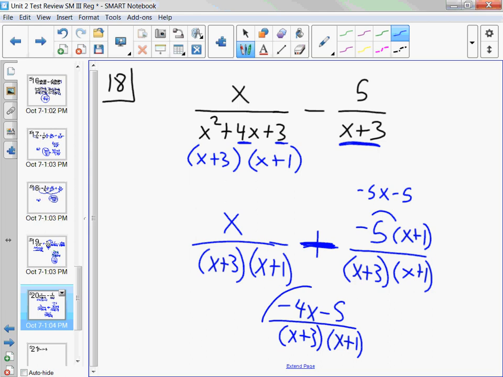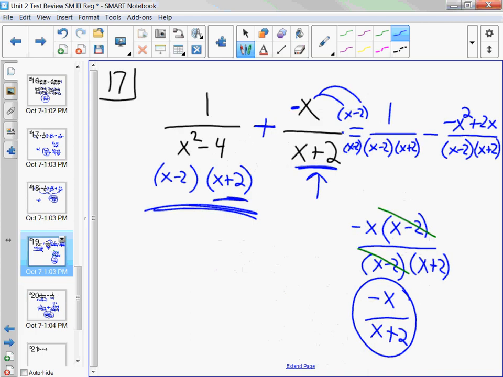You know what? I just got thinking. I might have made a mistake on that last one. I don't think I added the first fraction to it. I'm going to go back and look at that one. Yeah, I did make a mistake. Let's go back